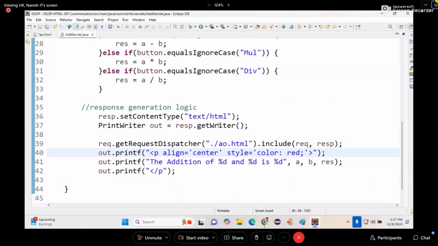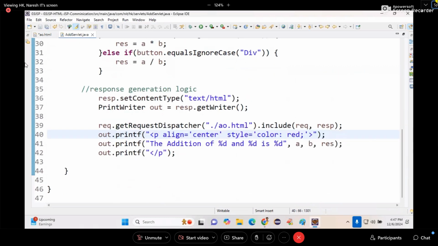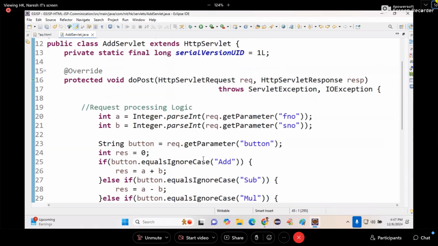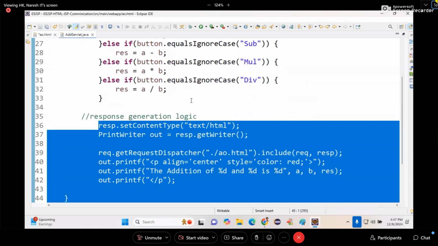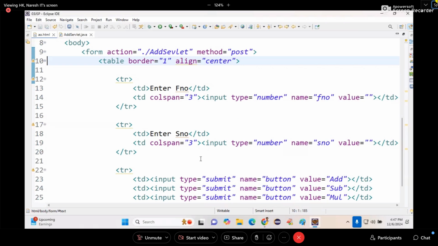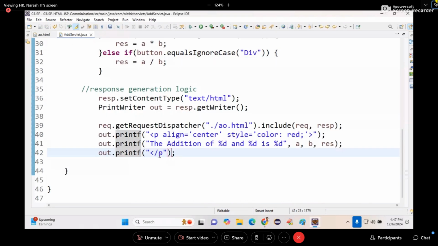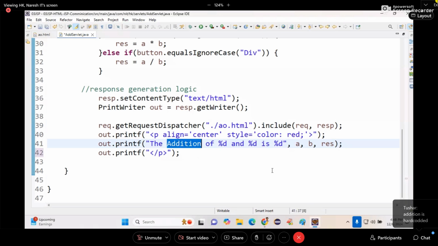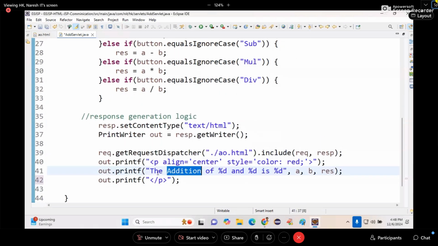Now this is my servlet program ready. Then now the response is ready and then the request is generated. Then in that case,